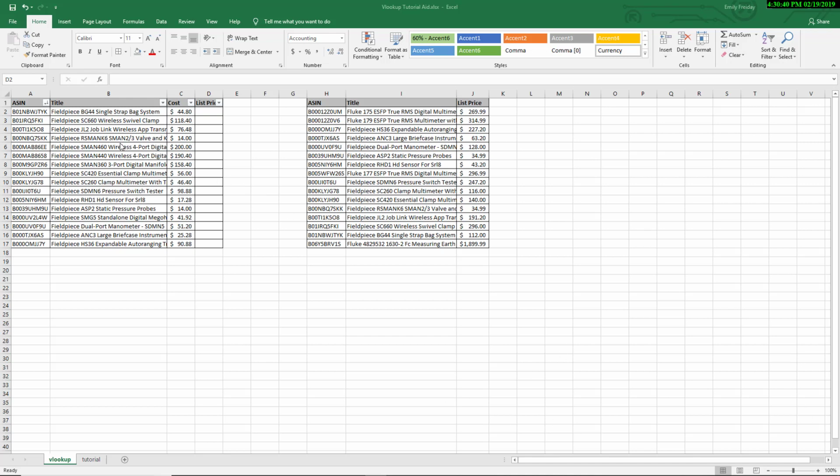You can see here on the table on the left, we have a list of ASINs, the title that goes along with them, and a cost associated with each one. What we don't have is currently a list price. On the table on the right, I have a list of ASINs, the title associated with each one, and a list price. And so what we're going to do is actually pull the list price from this table